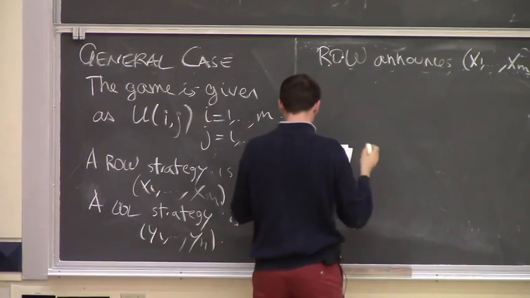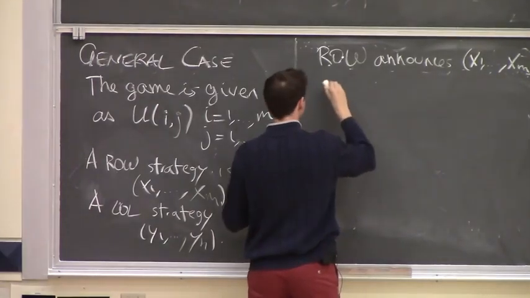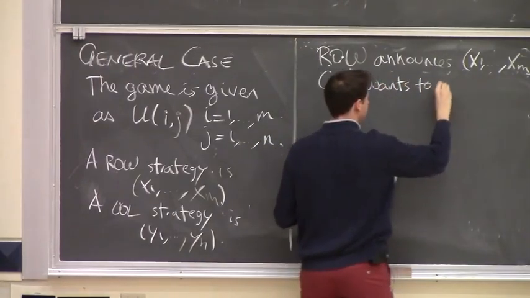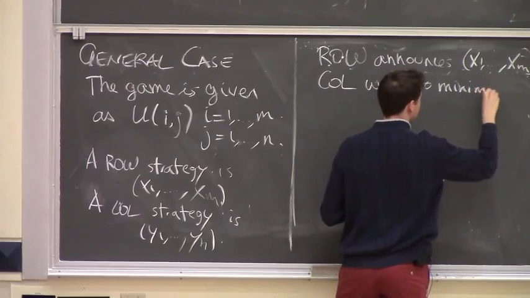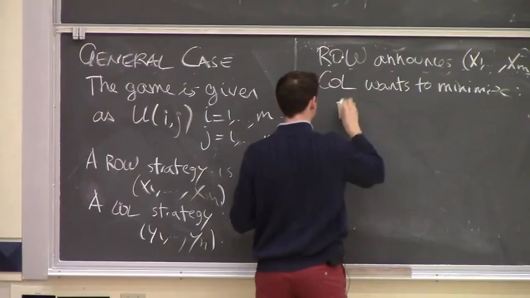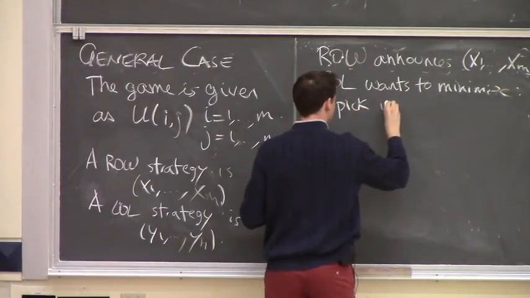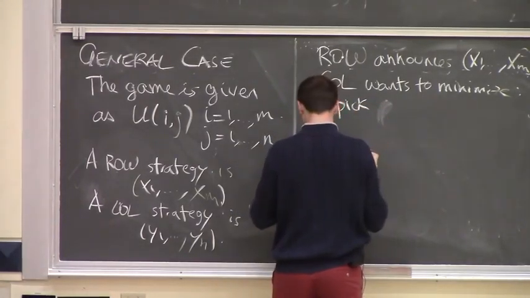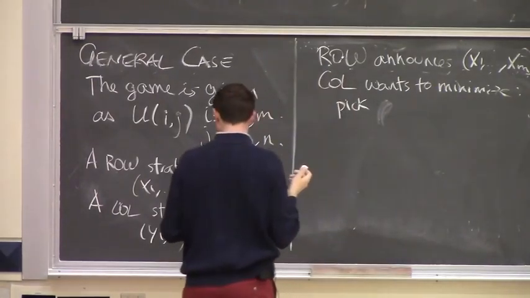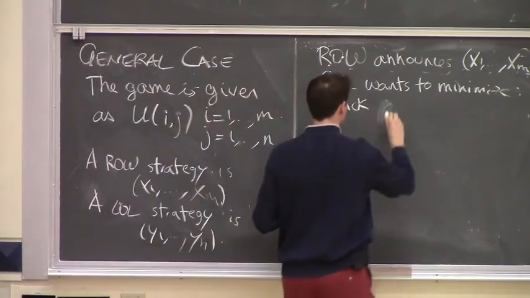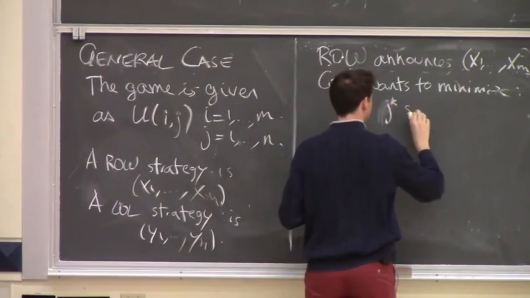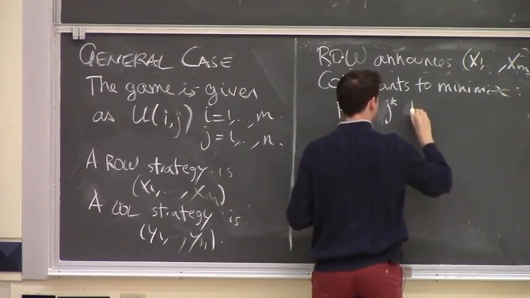Then the column wants to minimize the expected payoff. So he's going to pick, how to call it? I'll call it j star. We'll pick j star that is minimum